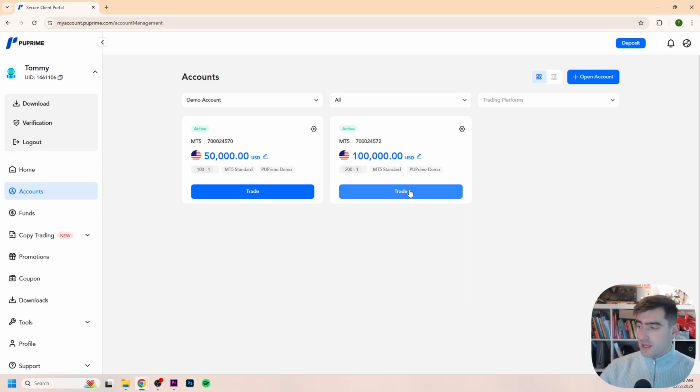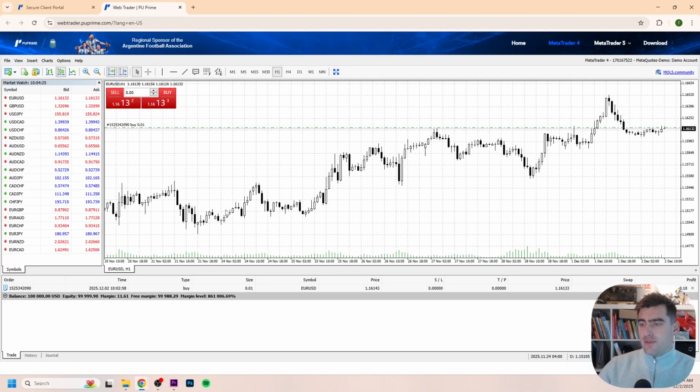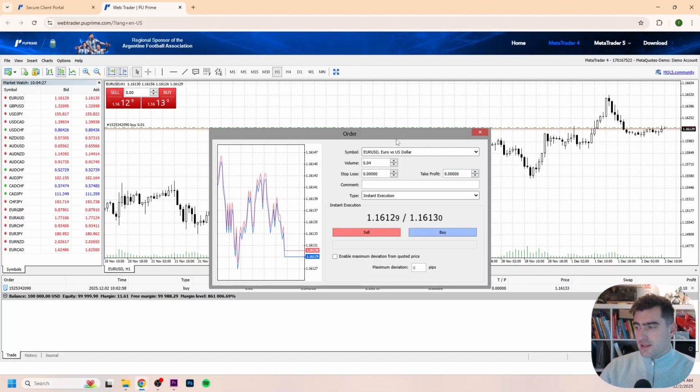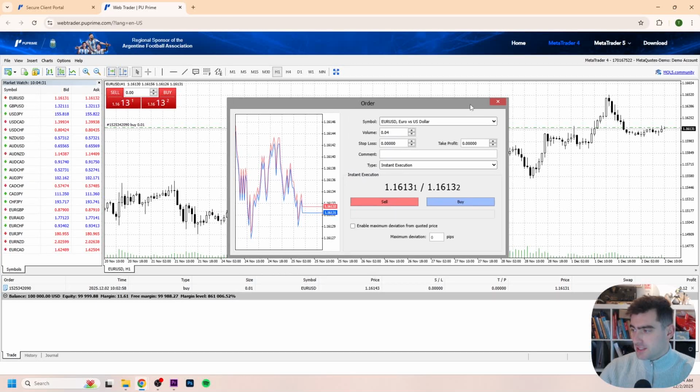So from now, if you want to use this, we click on trade. And then right now, if we click here on this icon, we can place an order with our demo account. So this is how you can use a demo account on the PU